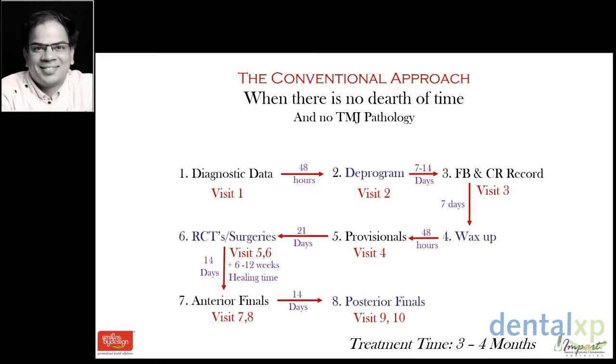If you are having acceptable function and there is no issue with TMJ pathology at all and the load test is negative, then in that case you can do this entire treatment plan within 15 days if required. So within 2 or 3 visits over a period of 2 weeks, this entire timeline can be constricted so that the treatment can be done. But the idea is that the patient should have acceptable function, not some dysfunctional occlusion, should not have some constricted chewing pattern which requires some orthodontic treatment, and should not have parafunction.